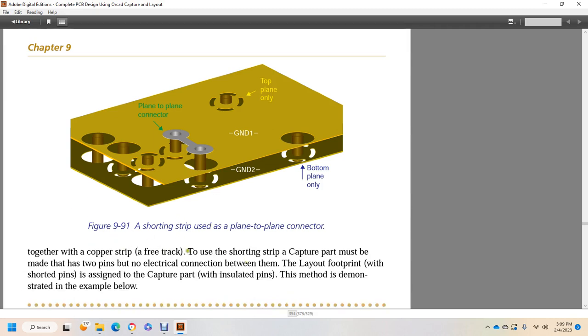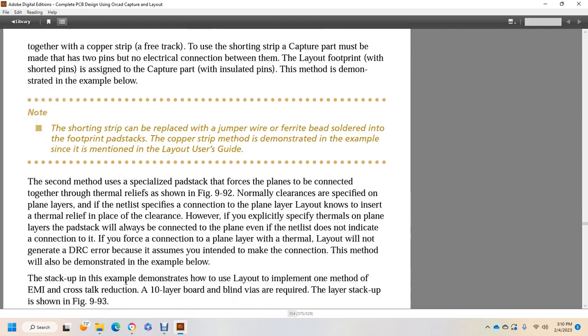Give the copper strip a free tag, with the shorting strip and the capture part between them made with two pins with no electrical connection between them. Lay out the footprint with the shorted pins assigned to the capture part with an insulated pin, with the method demonstrated in the example below. The second method uses a specialized package pad stack that connects the nets together